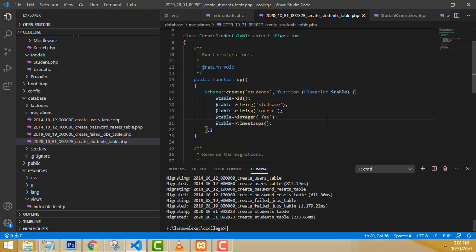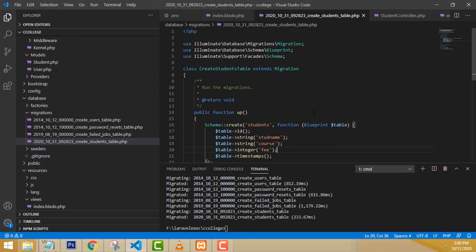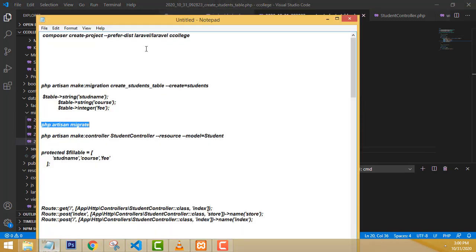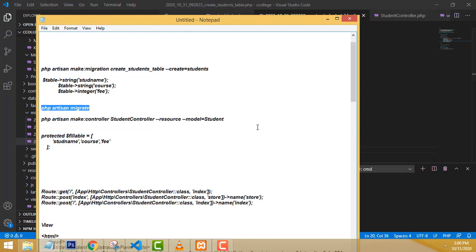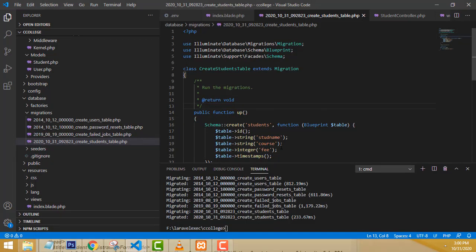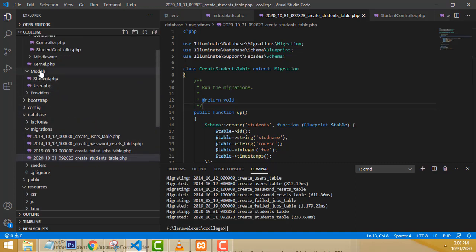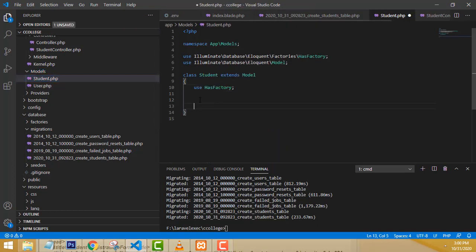Okay. After that, you have created a database, controller and model. Now we have to go to the models, right? So this is a model. After your table is created successfully, inside the model you have created student.php, which is a model. Here you have to add protected fillable: student name, course and fee. Then only it will get the database models, right? This model means it goes here.